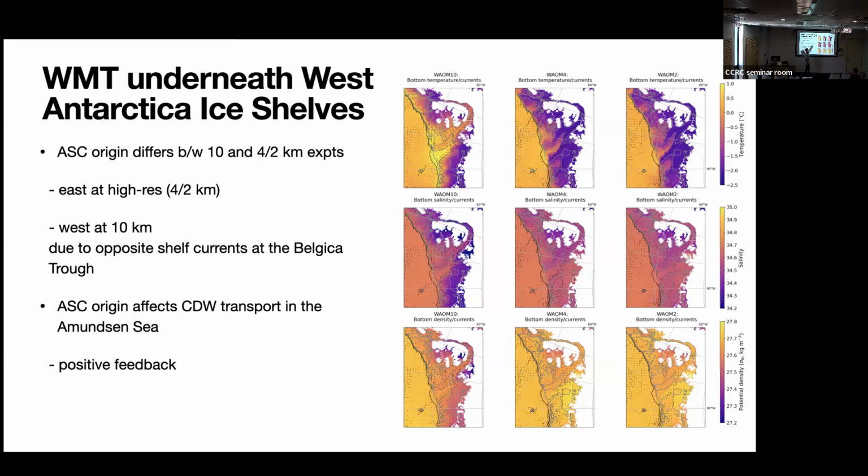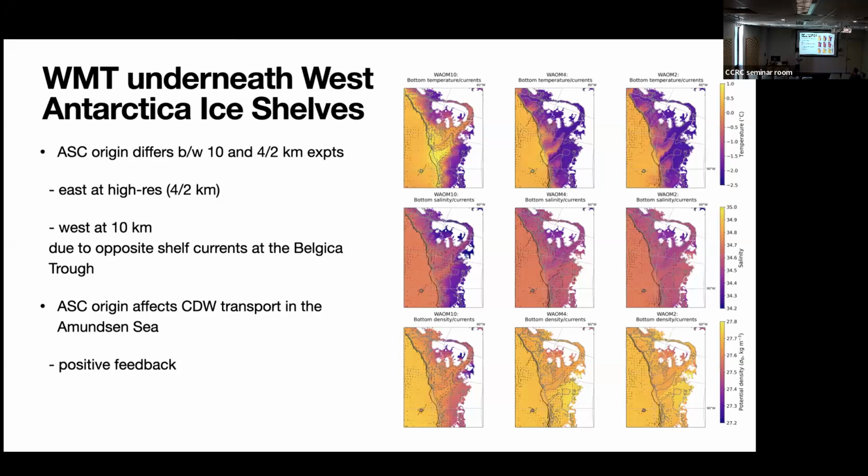In the 10 kilometers, where you have more water seated up on the shelf, these troughs show a bottom-intensified current on shelf, so that carries all this heat there. You don't have the same currents in the 2 and 4 kilometer experiments. And that's what causes, of course, much more melting here, and then you have less salty waters further west in the Amundsen Sea. And that changed the whole density